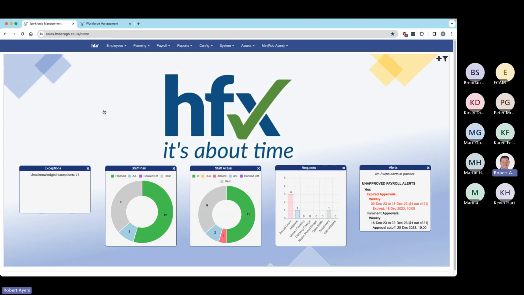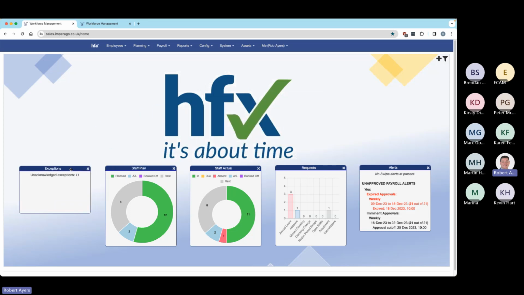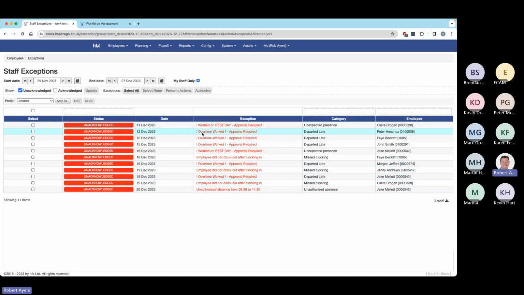When I log into the system, I have a dashboard. We can put a picture in the background. This is just my default one. And we've got these tiles, which you can move around and you can change the way this looks. But it's telling you, as a user, the things that you should be interested in. I've got a number of exceptions. If I click on the tile, it says when they're for, the type of exception message, the category of exception,